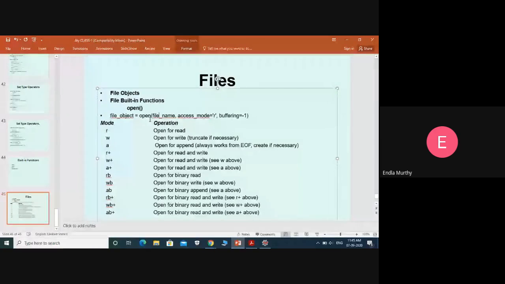And buffering. The argument we pass for buffering is not mandatory; it is optional. If we do not pass buffering, by default it is the system size. Buffering defines, when we read data from the file, what size of data we want to read at a time. Buffering may be 0, or in some cases 1, or -1, or values like 2 or 3 also.